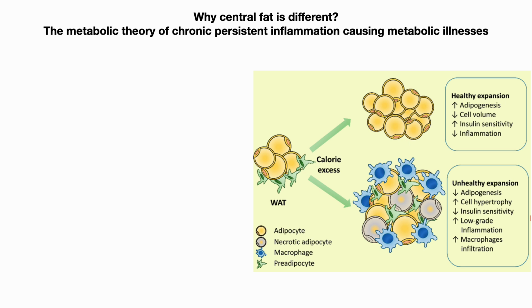So we have two types of fat. We have fat that is underneath the skin, such as in the thighs, and the back, and the arms. This fat is called expandable fat. So it expands easily because it has enough space. And there is the non-expanding central fat. The central fat, and that is the reason why we say there is a metabolic theory. There's metabolic disease from gaining weight in the wrong place.